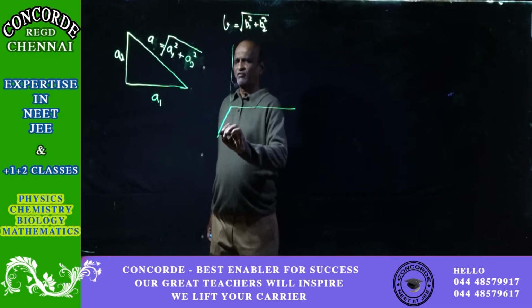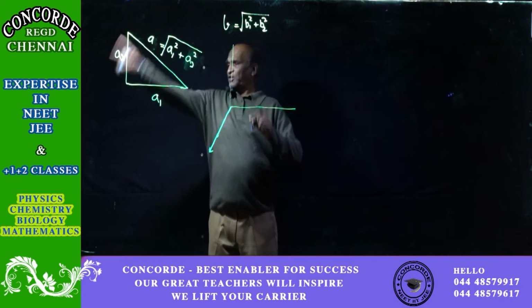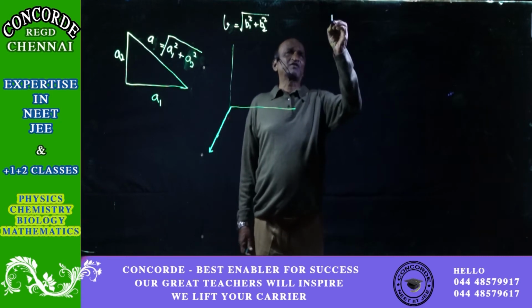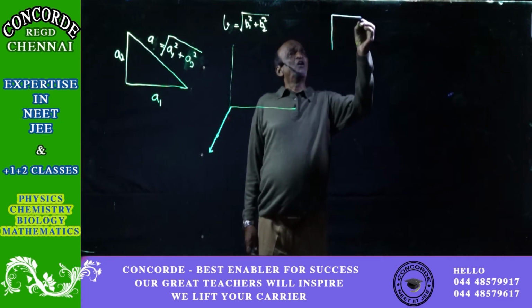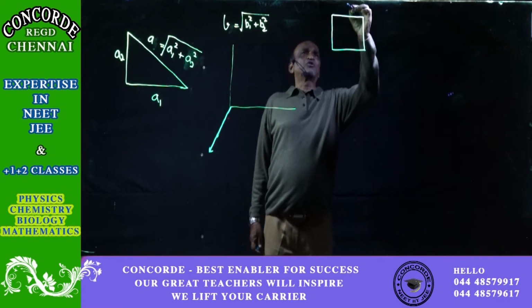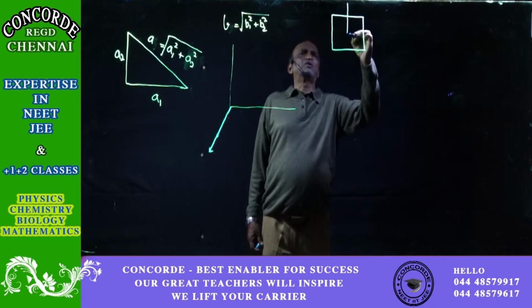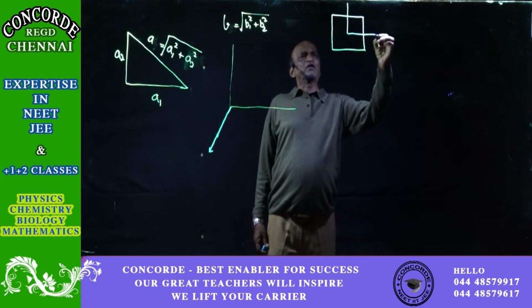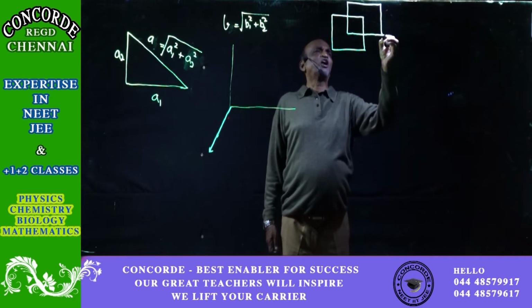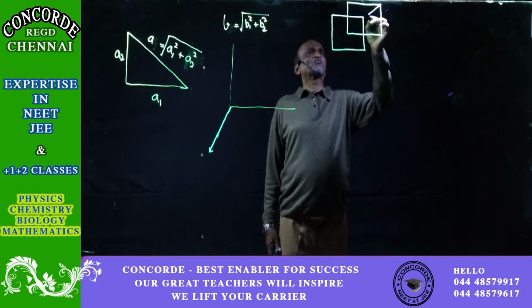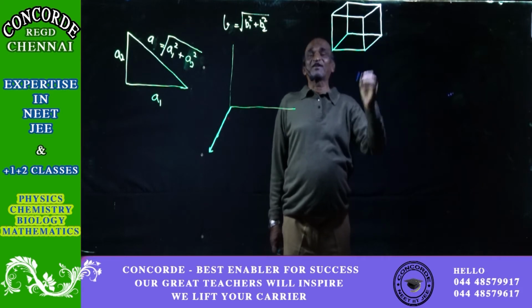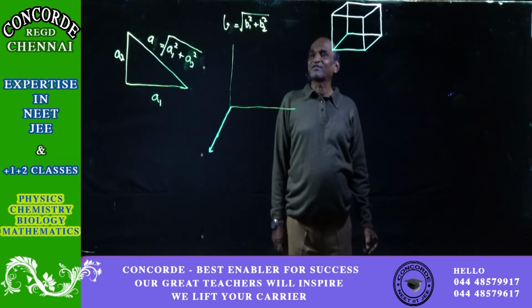A three-dimensional view in 2 dimensions will appear only like this. For that, the explanation that I have given was, take a cube. All of you know that a cube has 3 sides. So to have a feeling of the cube, draw a square somewhere from the middle of the first square. Then join the sides. Now you can see that you have got a 3-dimensional view in 2 dimensions.